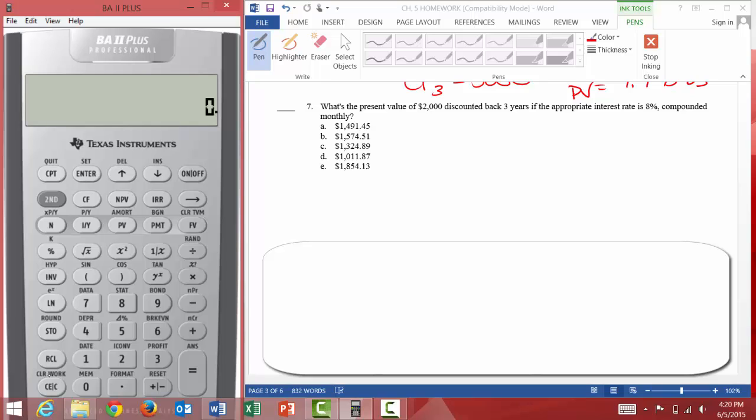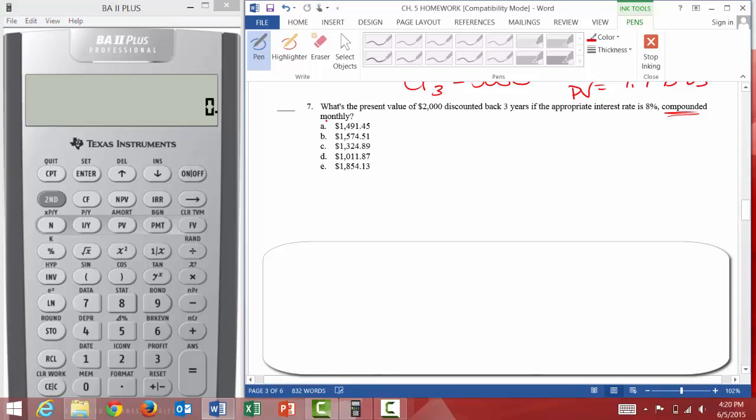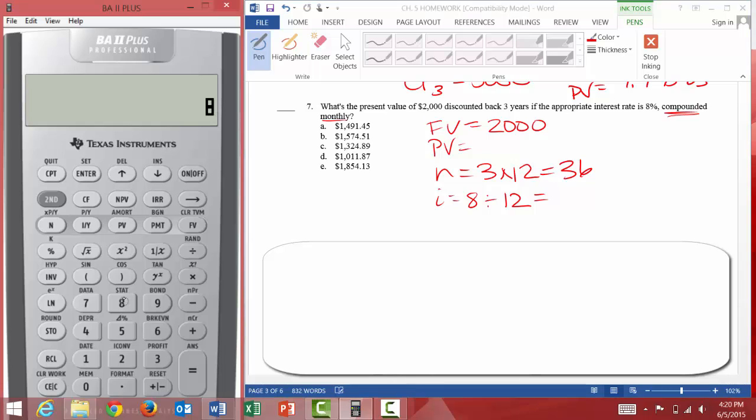So what's the present value of $2,000 discounted back 3 years if the appropriate interest rate is 8% compounded monthly? So the compounded monthly is going to be something that we'll have to deal with. So if we want to know the present value, that means this $2,000 is a future value. And it's discounted back 3 years, but it's compounded monthly, so I need to multiply this times 12. And so it's 36 months. And the interest rate they told us was 8%, but I need to divide that by 12. So 8 divided by 12 is